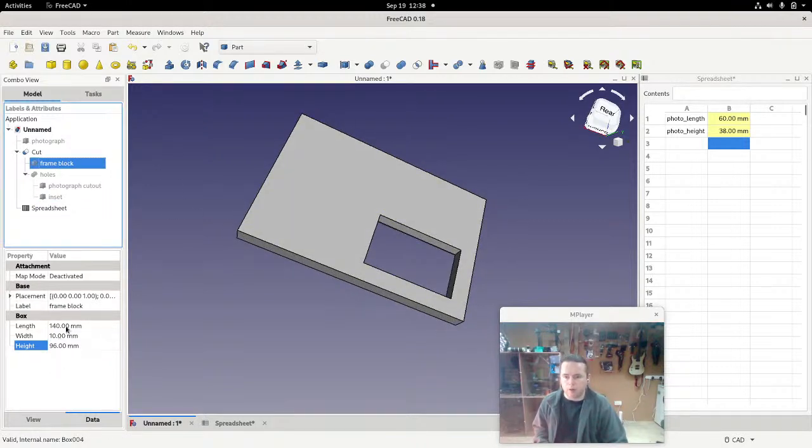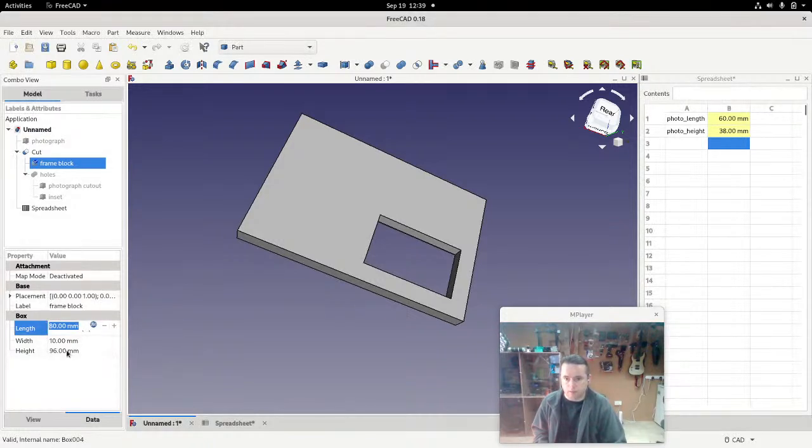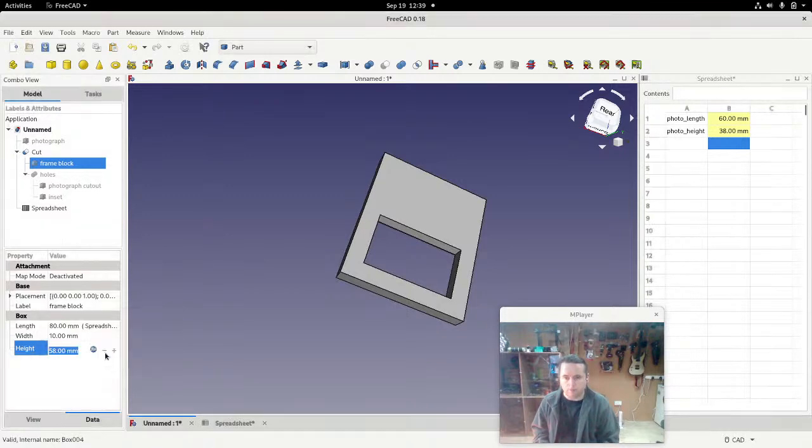So the frame block, we made photo length plus 20 millimeters. We'll just do exactly the same here. It's spreadsheet dot photo length plus 20, and the same with the height. Spreadsheet dot photo height plus 20. Okay,